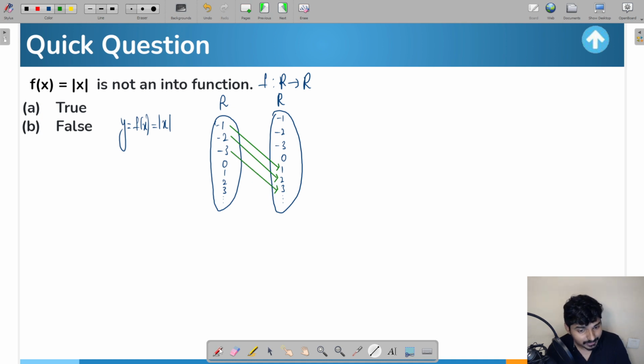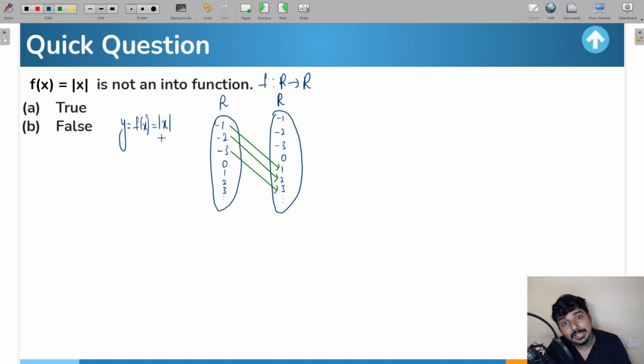So in this way, whatever output you're going to get, the values of y are going to be only positive real numbers. So what does that mean? -1, -2, -3 will not have any pre-images in the first set. Yes or no? And not only -1, -2, -3. You take any negative real number, it's not going to be an image of any element in the first set.